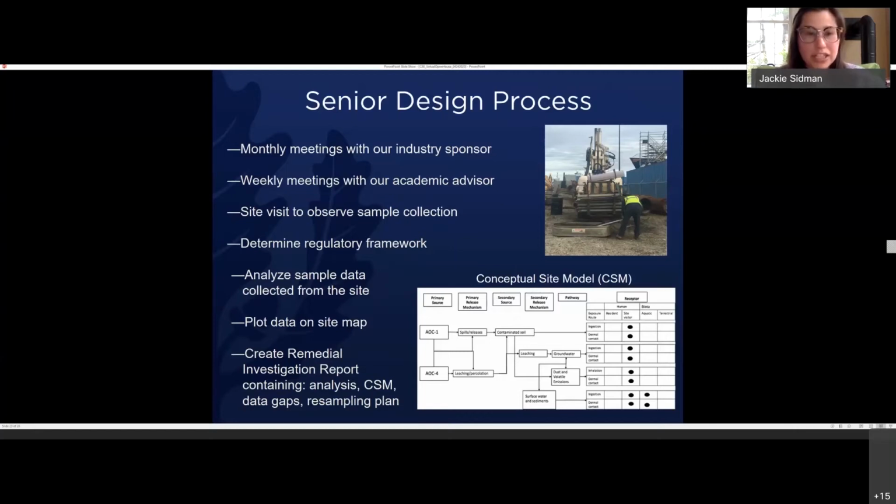We went on site visits to observe sample collection, well installation, and just overall see how a remediation site is being handled by the professionals, which is a really invaluable experience. We also determined the regulatory framework, which can be kind of difficult and tricky at first. Once you get practice with it, it comes a lot more naturally to you. We analyzed samples collected from the field. We worked with